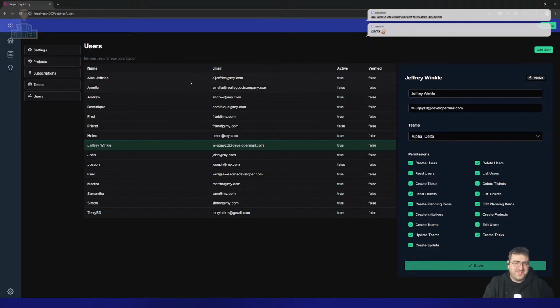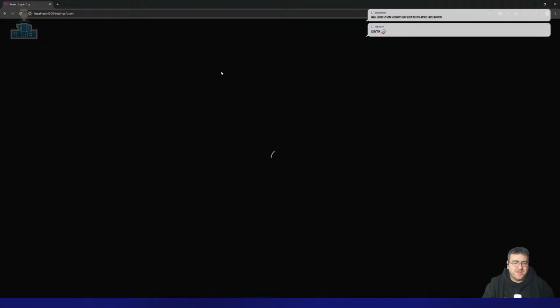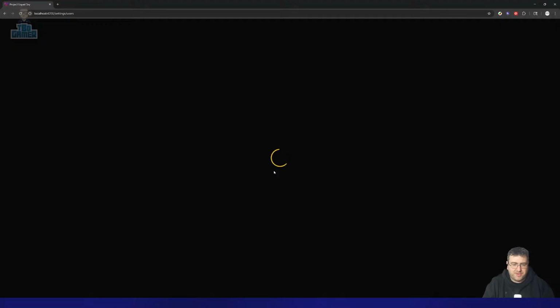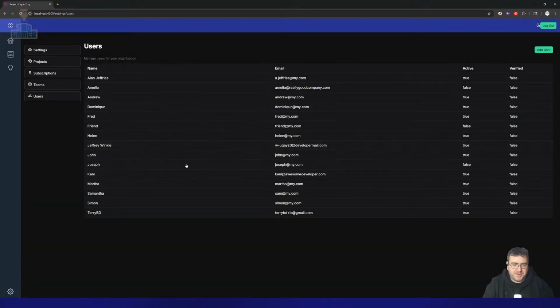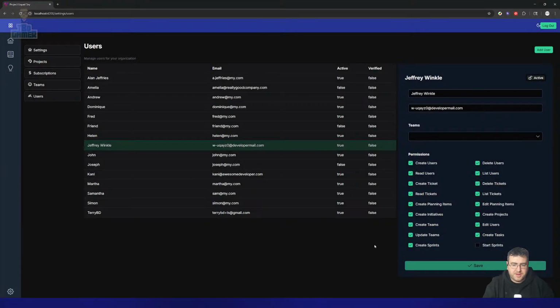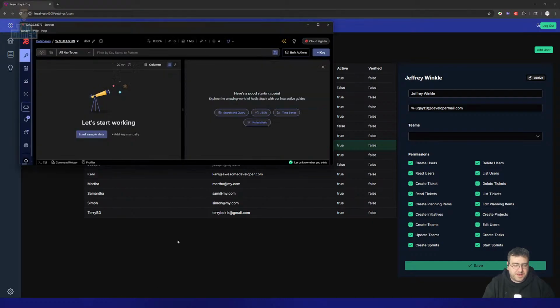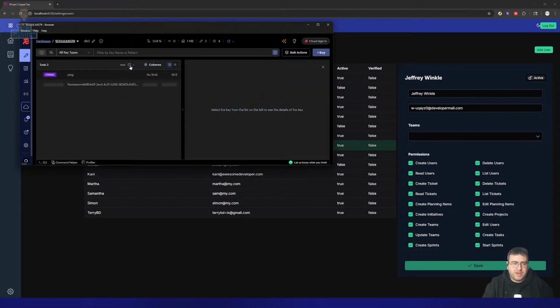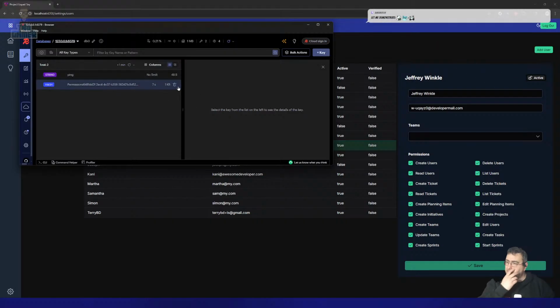So now if I refresh the page, the app will rebuild. So yeah, I finally got a loading spinner in there of sorts. That's a Prime NG loading spinner. But now if I go in here, I can now check start sprints, right? So adding the permission set to the application, that does require, it doesn't yet, but what it should do is trigger an event that forces the permissions to reload in the